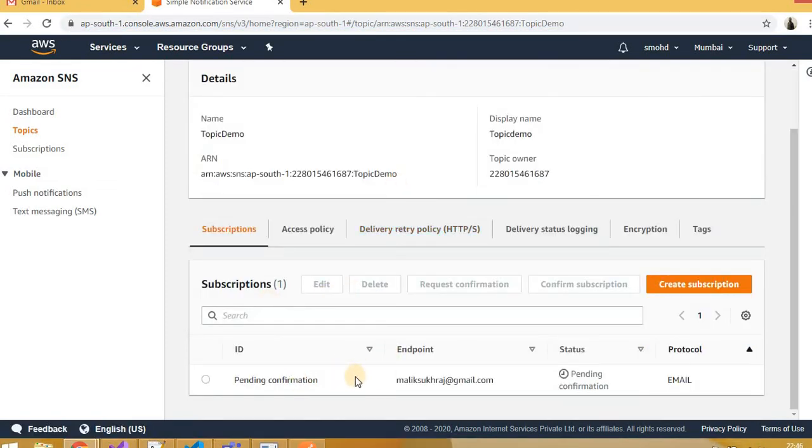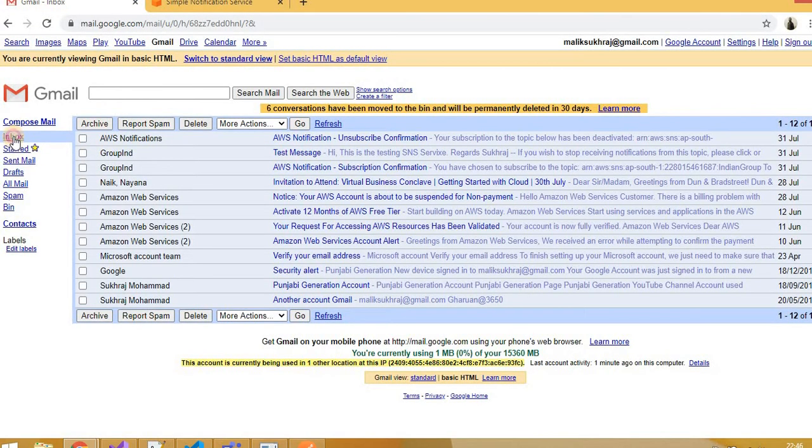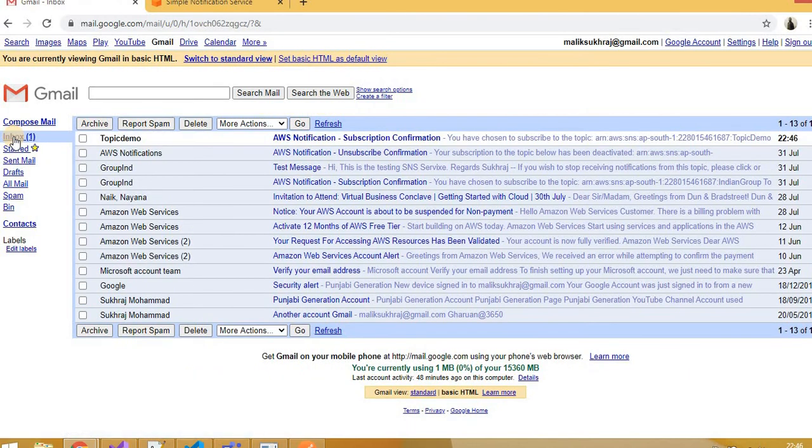See here, the subscription is there now. This is for this endpoint, and see here again the status is pending, right? Like last time we confirmed it from the email, we need to do the same thing this time. We received the email here.